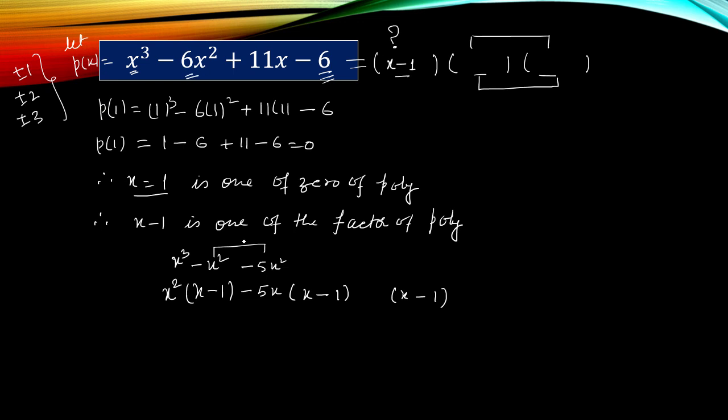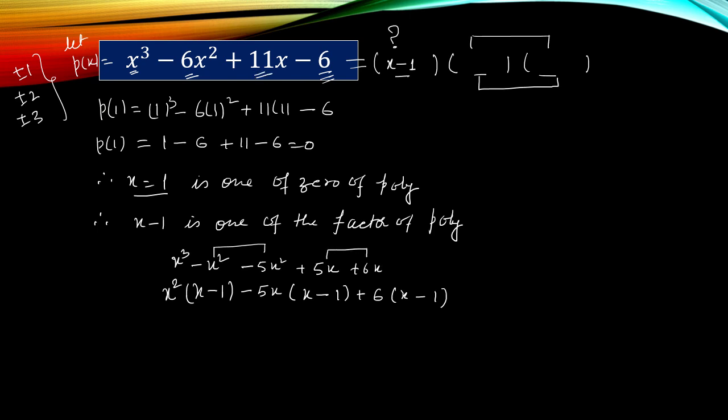Our second task is completed now. Now minus 5x should be multiplied by minus 1, and that will be plus 5x. But our task is 11x. So plus 6x is also required. So we are multiplying the third factor with 6, so we will get plus 6x. And now plus 5x plus 6x is 11x, that is plus 11x.